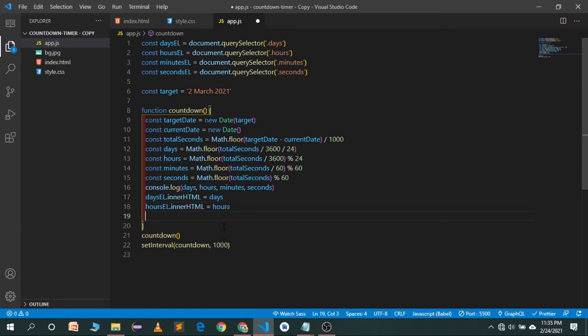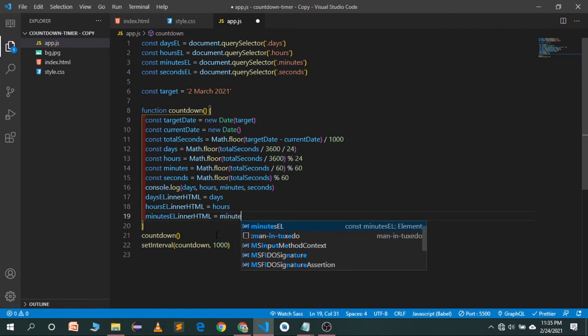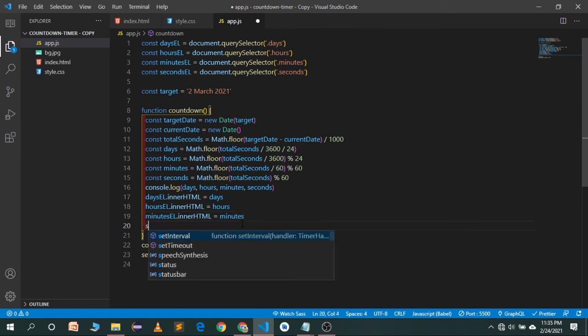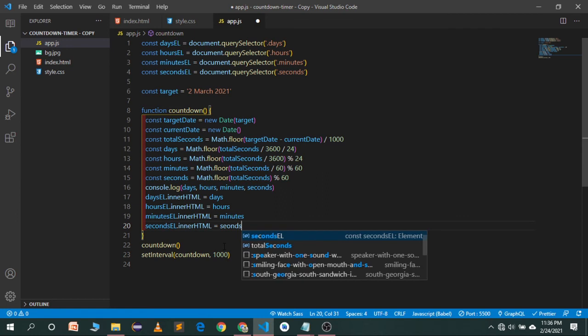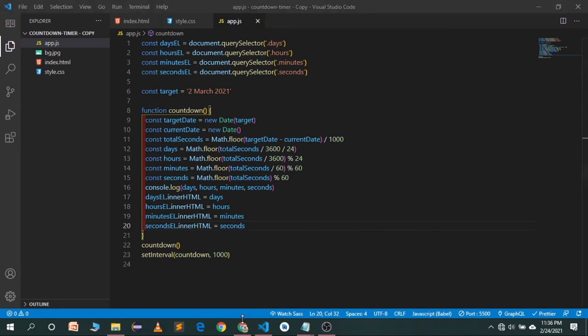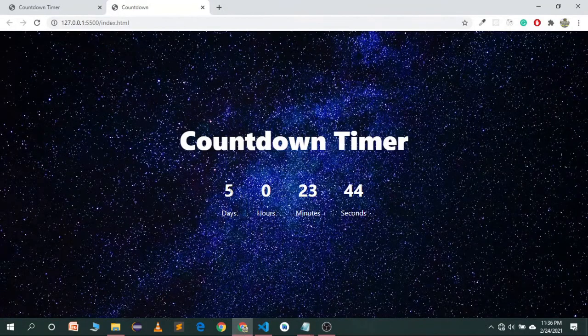We'll use the same technique for minutes: innerHTML is equal to minutes, and for the seconds element innerHTML is equal to seconds. Let's see. We have a spelling mistake. Let's save this one, and now you will see it's working and it's looking amazing and beautiful.